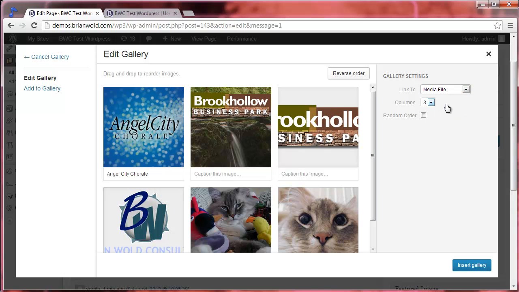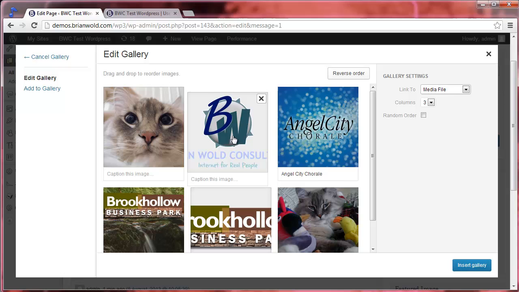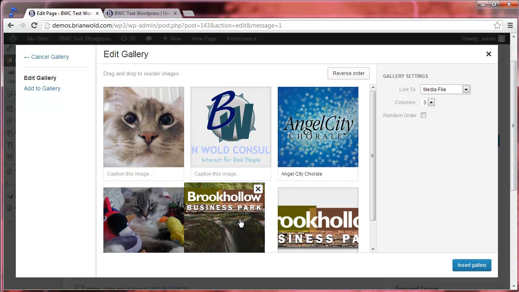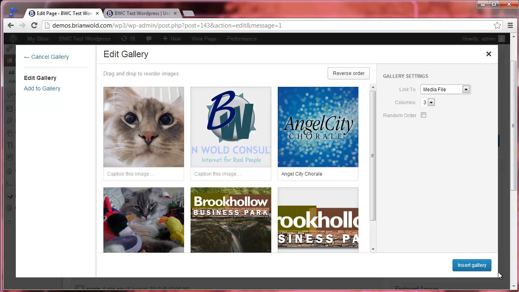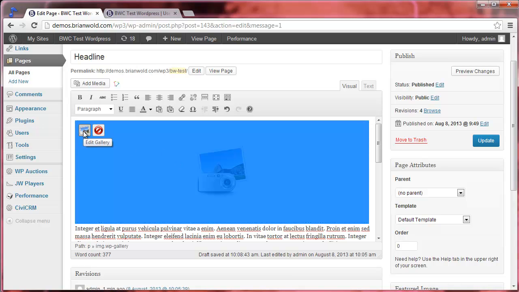I'm going to link to the media file. Let's go with 3 columns, and I want to set the order of these to be different, so I'm just going to drag them around until they're in the order that I feel happy with. Insert gallery. WordPress inserts a placeholder for that gallery. Similar to the other one, if you click on it, you get little buttons that let you edit or delete. But if I show you preview now,